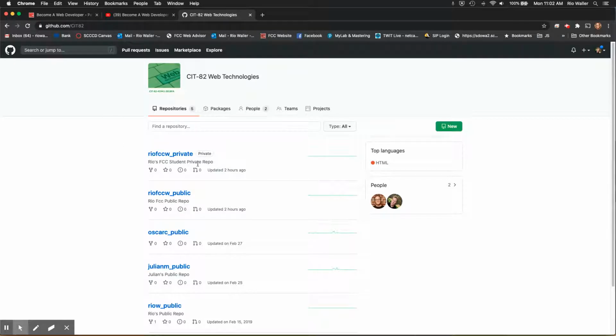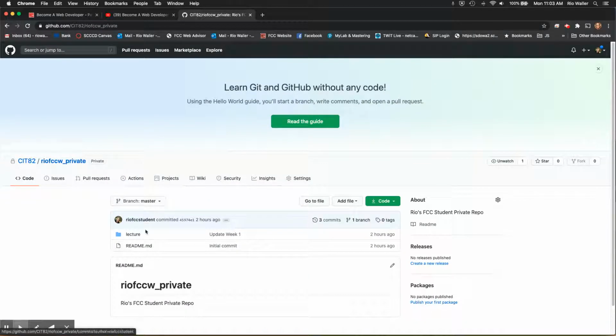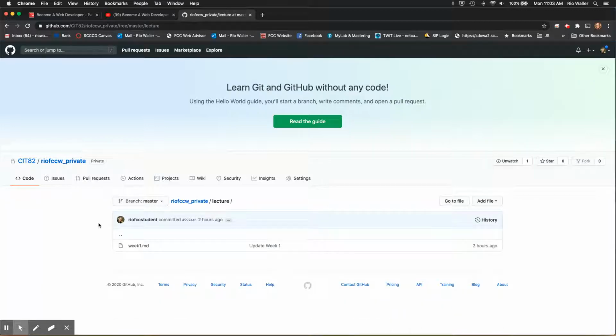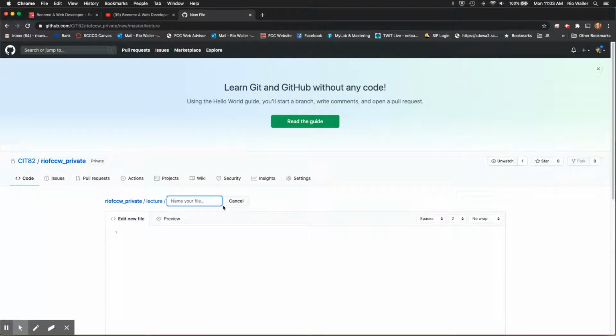This will probably be the last time I actually walk through how to do this, because I hope by the point you finish this, you're ready to do this. Because these are lectures, these are in the private repo, and in the instructions I show you where to create them. We go into lectures. In this case, we're going to create a new file, because we're in lectures. This will be called week